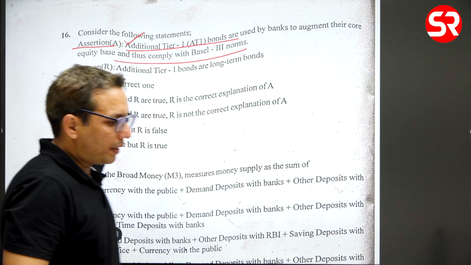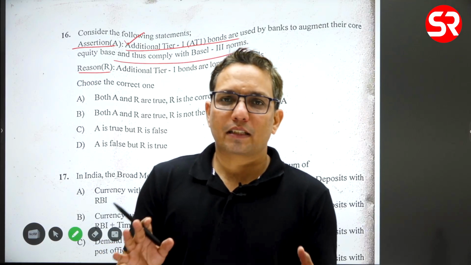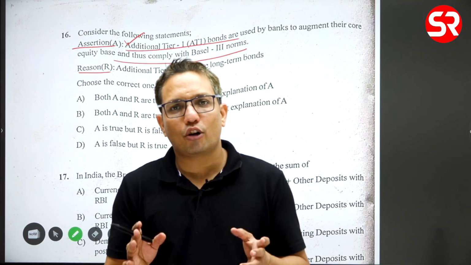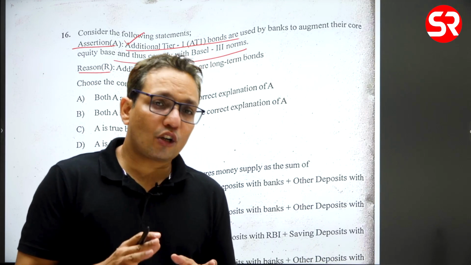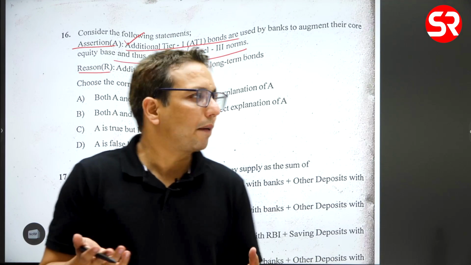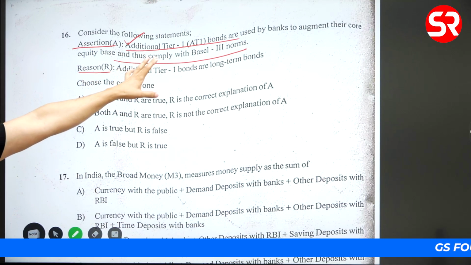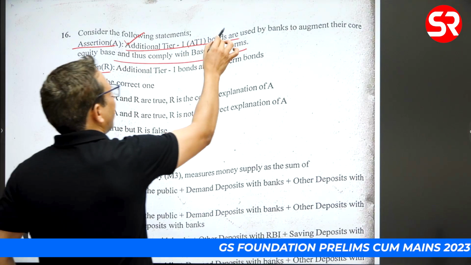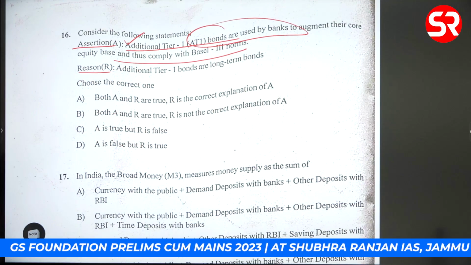For Basel norms, what the banks have to do is that Basel norms are released by the Bank for International Settlements. These are guidelines which are to be followed by banks all over the world. Basel norms mention tier 1 capital and tier 2 capital, which the bank has to maintain. Tier 1 capital includes additional tier 1 bonds, which are used by banks to augment their core equity base. This statement is correct. Second part is